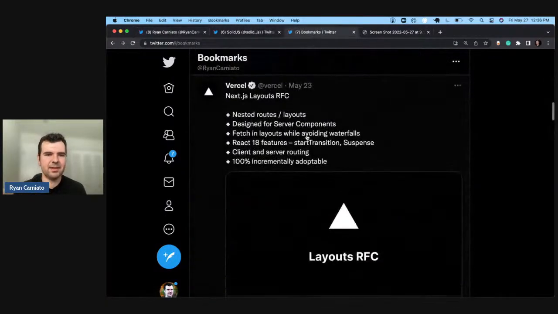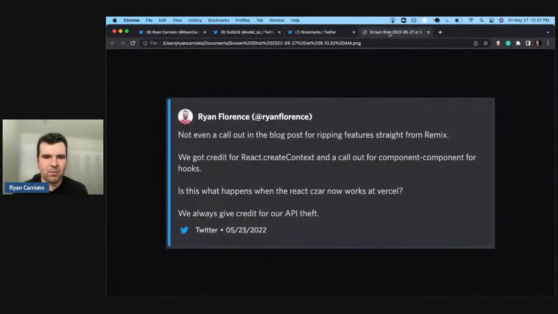Yeah. They announced the Next.js nested routing layouts RFC and whatnot, and it talked about how they're going to handle routing, and I think it's really cool. I think this is really important, and I might talk more about this again in the future. It was a big one this week, and what caught me wasn't about not giving them credit, because